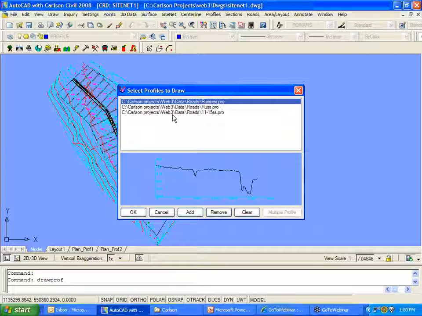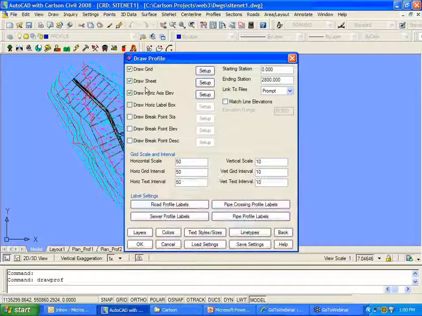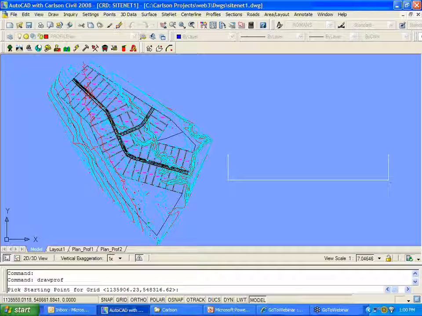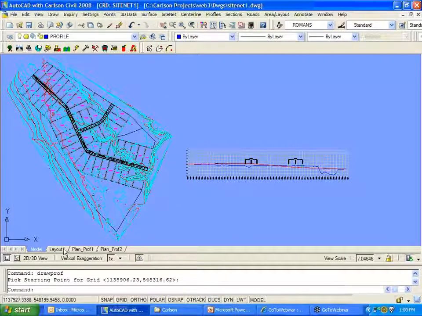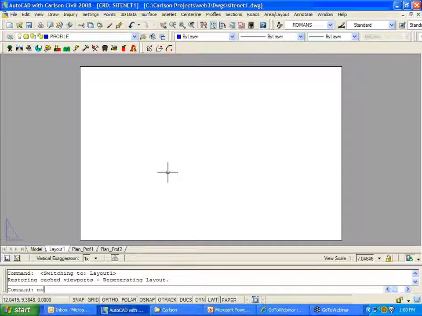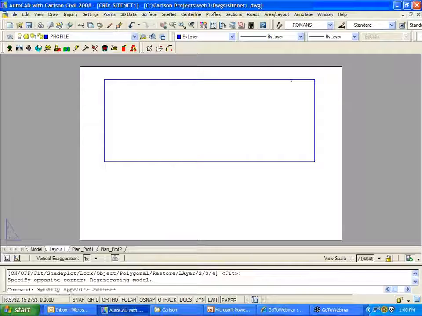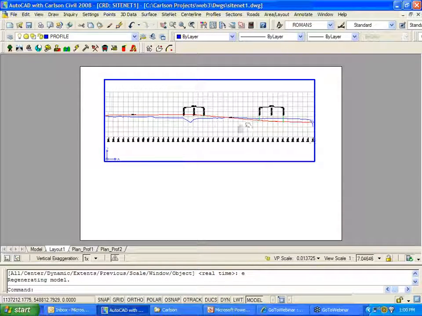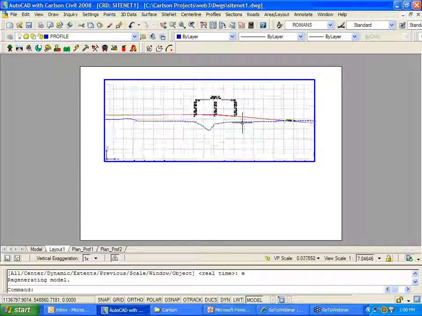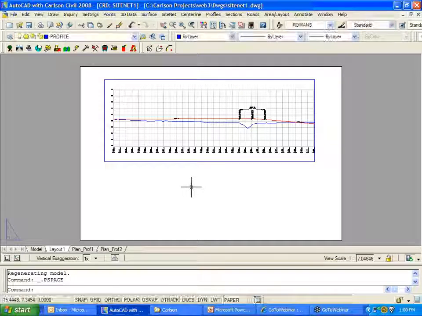If we do that, and I guess I shouldn't go through it. It might take too long. Well, let me just remove this pipe. It'll go a little bit quicker. Let's take off draw sheet and see how quick we can do this. There it is. Okay, so there's the profile in model space, and then I would just go to my layout, and I would say MView, and I'd open up a viewport, and I would go in there and zoom extents, and zoom up, and set it to 50 scale or whatever, the drill, above or below, or whatever, obviously, but